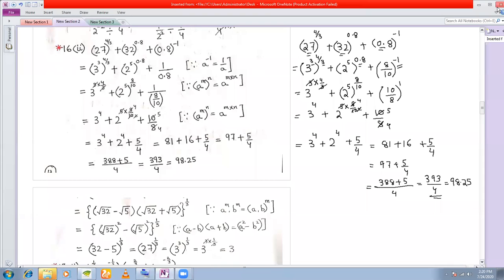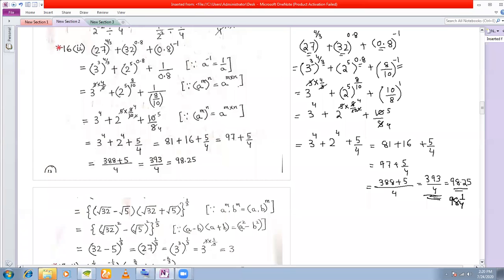Left is fraction only. Yes, you can leave your answer as a fraction also. You can convert it into a mixed fraction also. Instead of 98.25, you can write 98 1/4 also. Okay, you can leave it here also, no problem. Okay, so next one